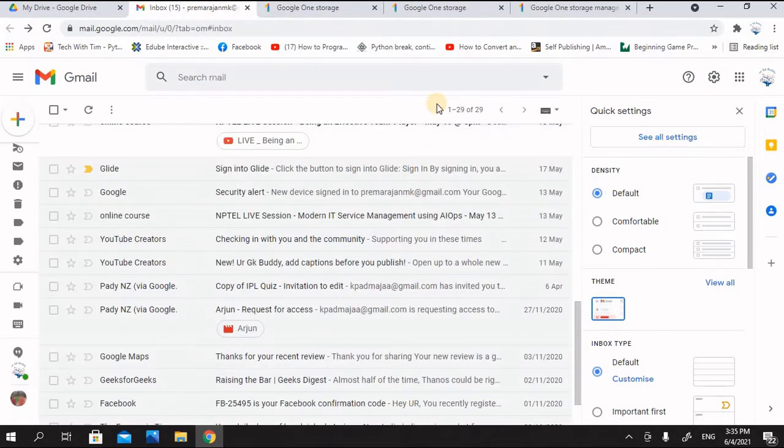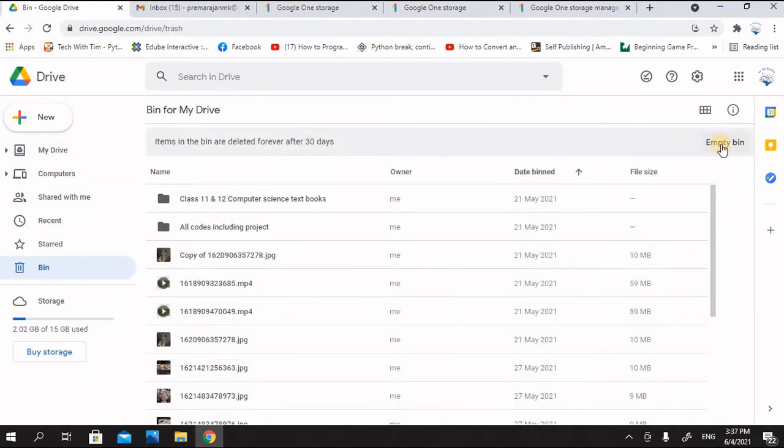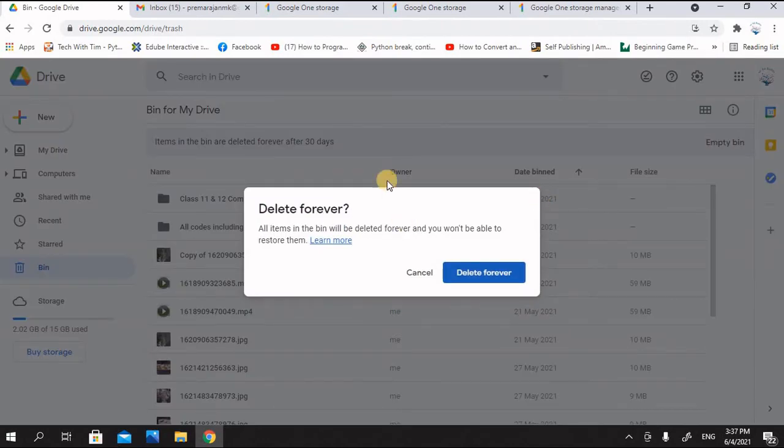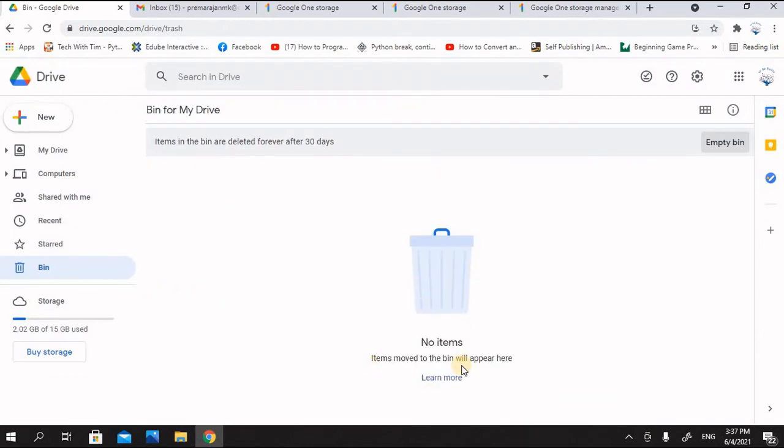Now having deleted the conversations in the Gmail account, we will go to my Drive account. Now I will empty the bin here. It's asking for a confirmation, delete forever. I will say delete forever. Now there is no file in the bin.